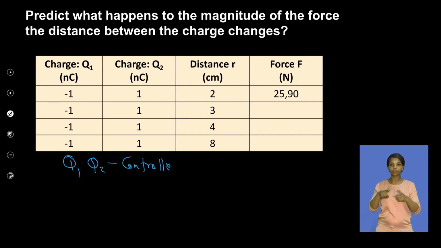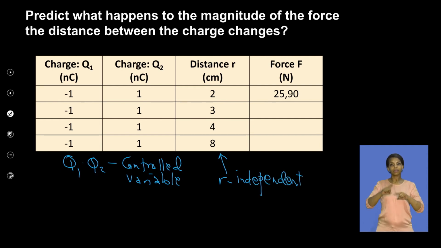Why are we saying that? It's because we're not changing the magnitude of the product of the charges, or either we're not changing the magnitude of each charge, which actually affects the product anyway. But now what is changing here is our distance between the 2 charges. So this distance R is actually our independent variable, right? So by changing R, we want to see how it affects the magnitude of the electrostatic force that exists between